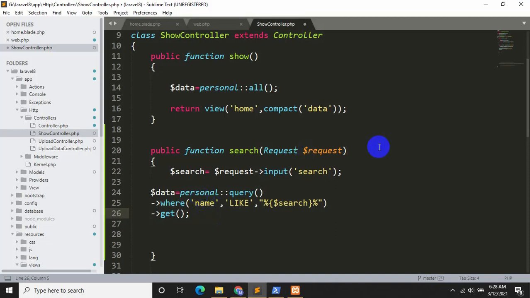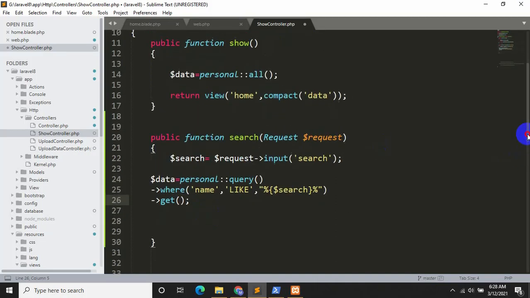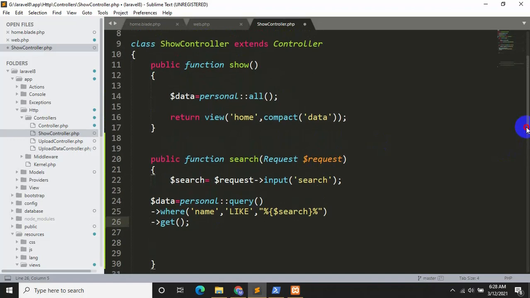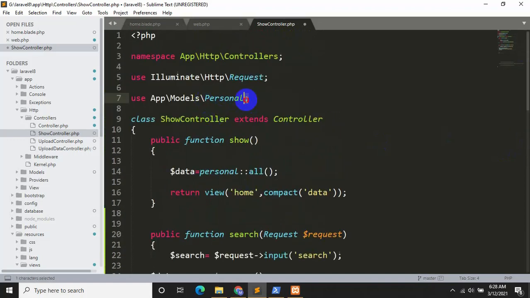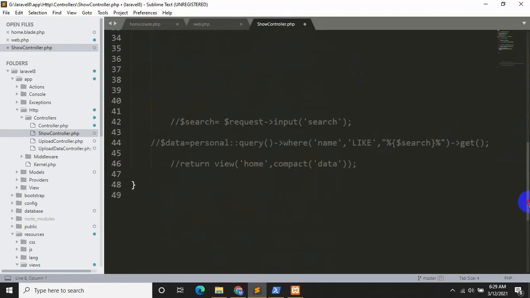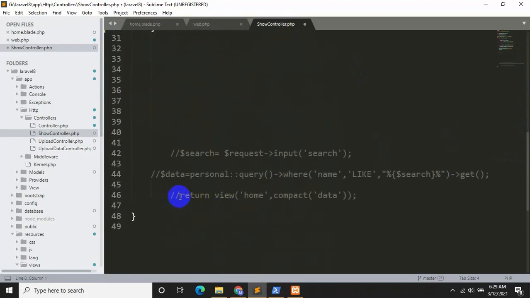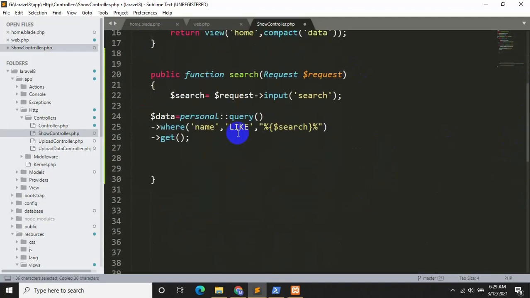That's all actually. Another thing, you need to add the Personal model over here as well, otherwise the search won't work. So only one line left, which is this one: return view home, compact data.